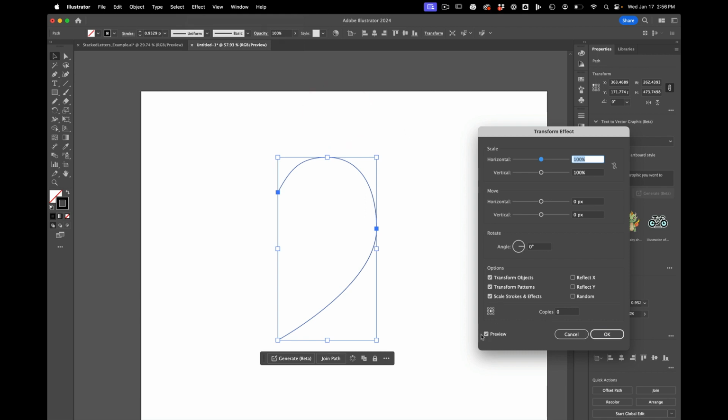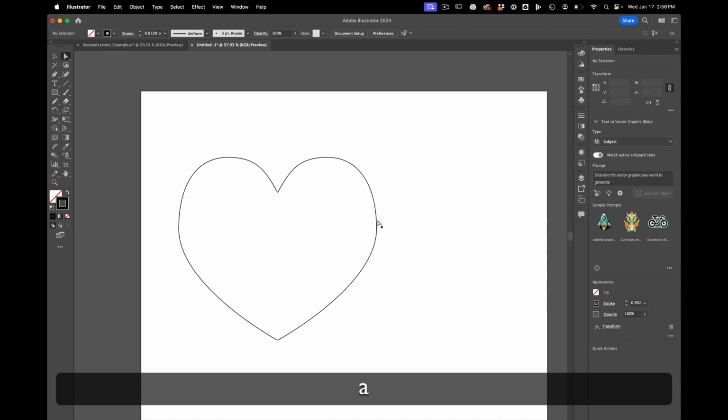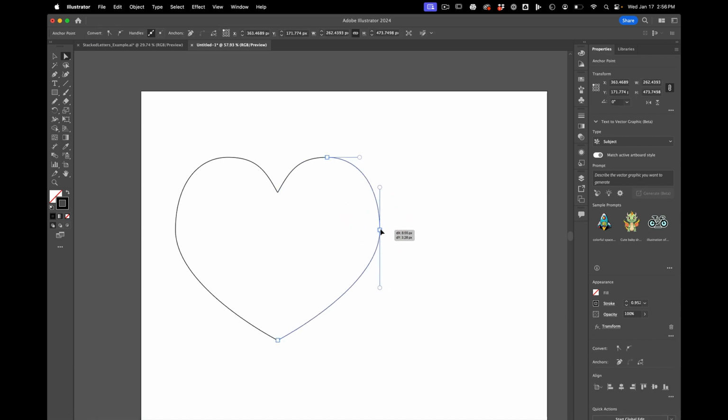I'm going to make sure Preview is turned on. This is where the effect happens, based on this bounding box. See how there's these eight points, and they correspond to these points over here. So I'm going to move it to this bottom corner. I'm going to make one copy and reflect it in the X, and then hit OK. And so now, when I go on one side, it will update the other side for me,